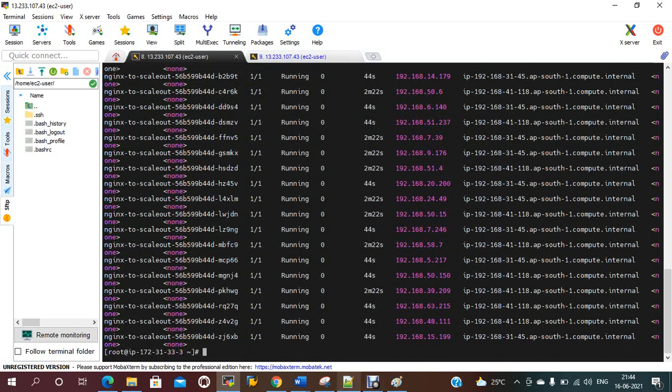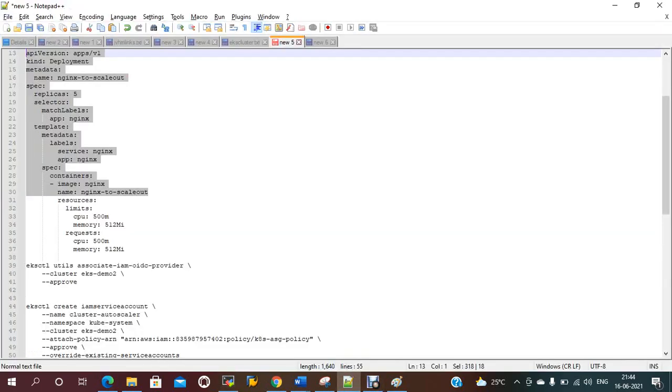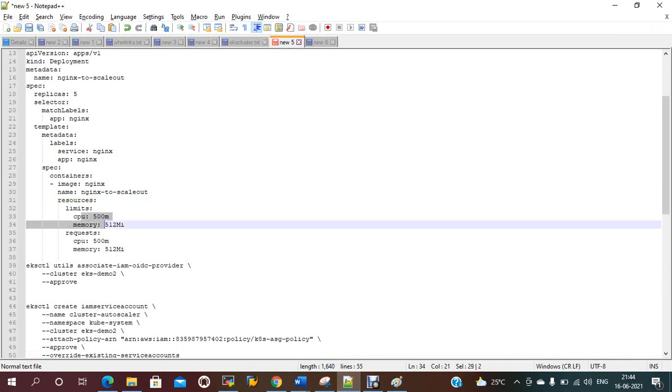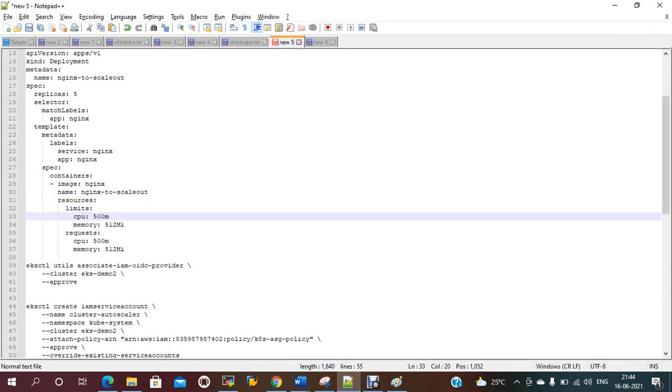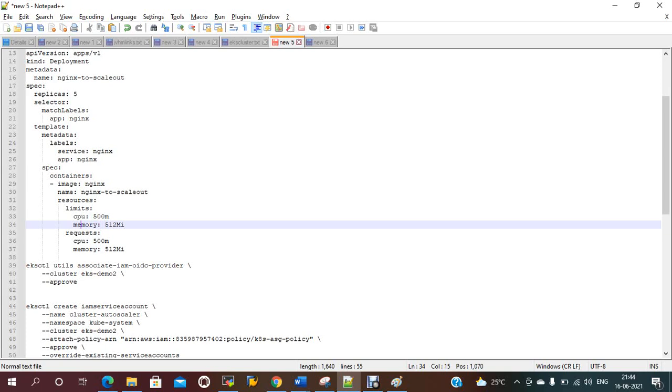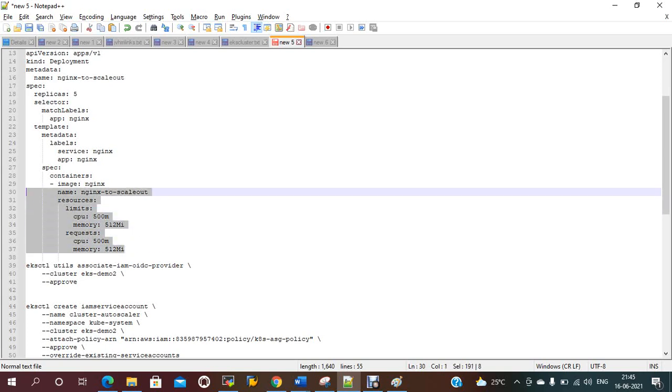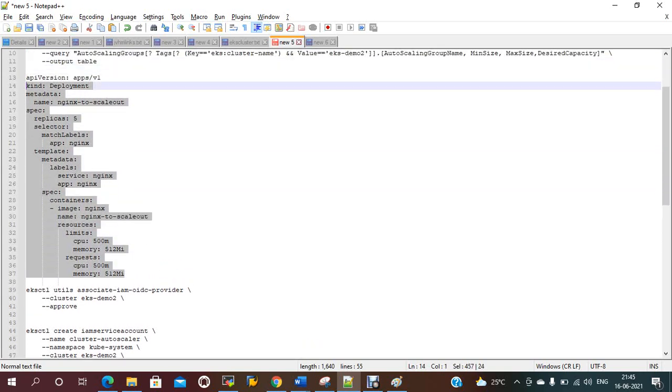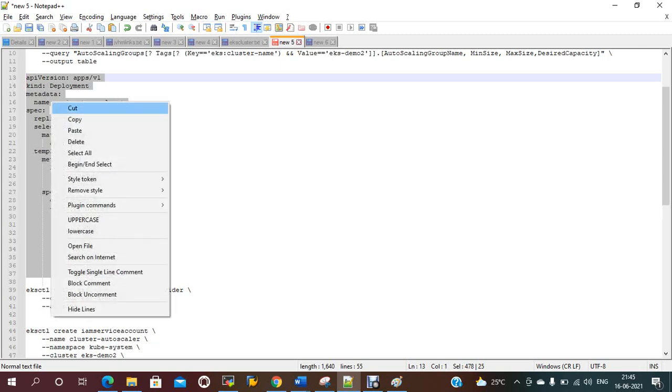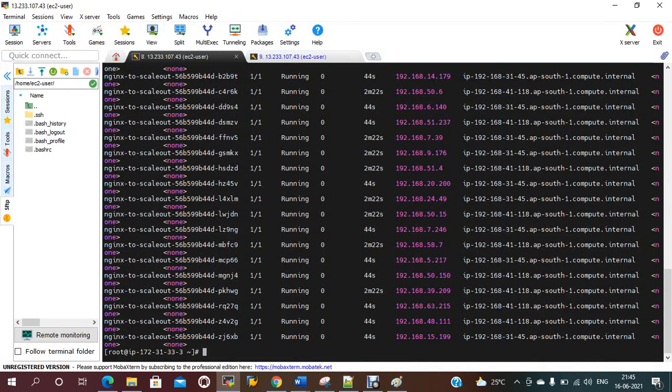If I mention the CPU limits, 500 millicores, and memory, and requests, let me update this one. This time I'm providing some memory and CPU for each pod, under resources.